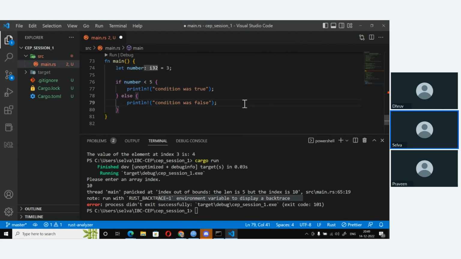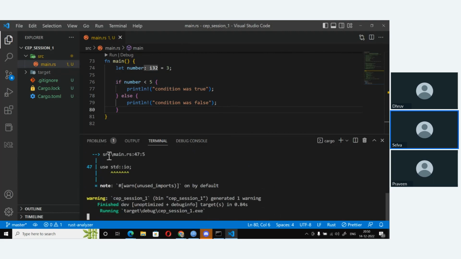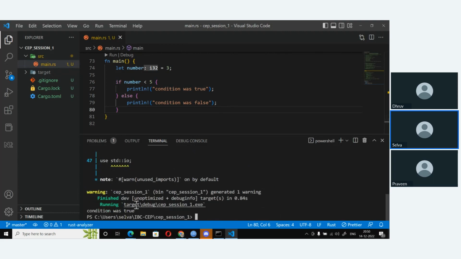If the condition is true, then this if block will be executed. If the condition is false, the else block will be executed. This is something that we have seen with almost every programming language. stdio is not being used, so that is fine.